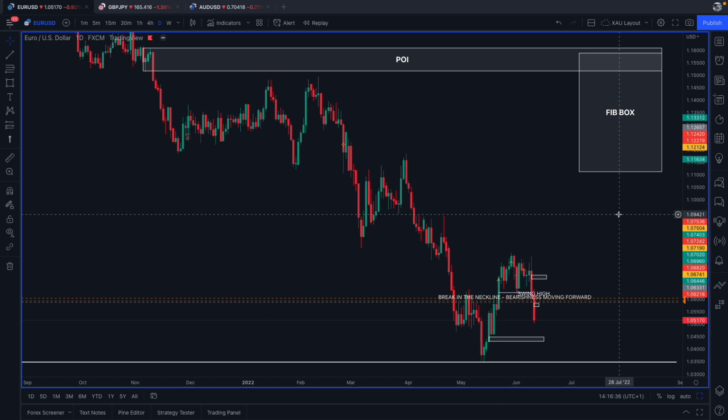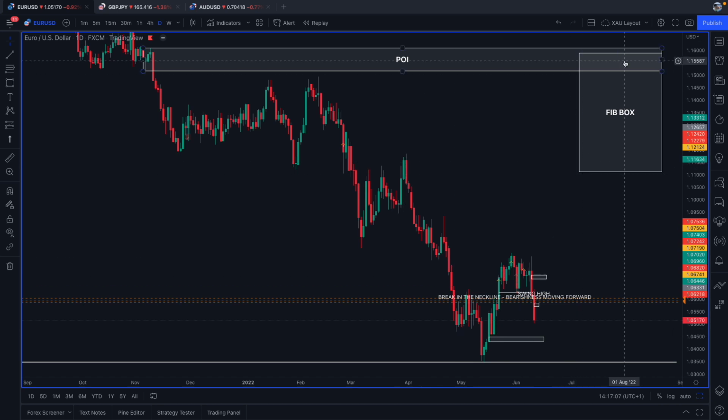He's obviously shown you two pairs. I'm definitely behind him on his bias, and I truly believe that price is going to play out exactly as he's predicted. It'll be nice to see what happens. I'm also going to be looking at Euro USD for you today, giving you my bias, letting you know what I believe is going to happen this coming week. And then we're also going to have a look at Great British Pound to the Japanese Yen, AUD to the USD as well. So, jumping straight into things, looking here at the Euro USD on the 1 day time frame,